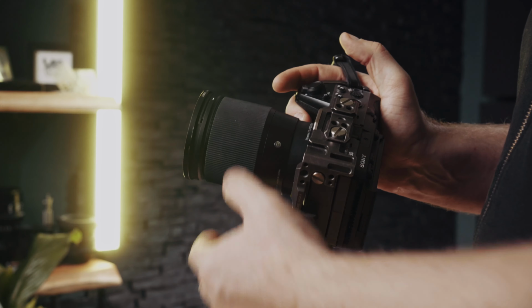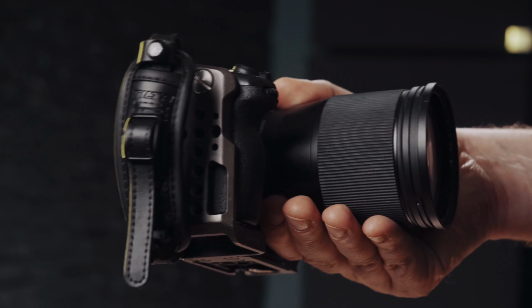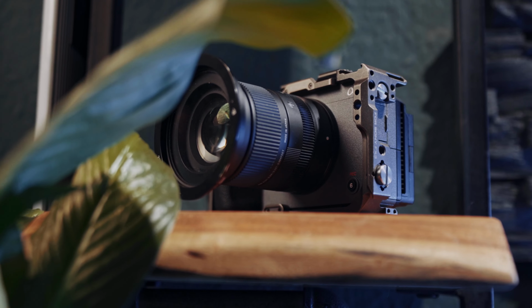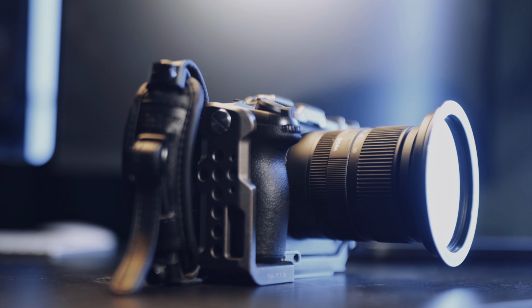APS-C is dead, long live Super 35. And I actually mean that with all of my heart. Sony with this camera made a 180-degree turn and brought something back that should have actually been dead a long time ago. Yeah, okay, it has a new name and a shiny new body, and most of its internals are also new, but the soul of this camera still beats loud for old-time filmmakers that used to have and love